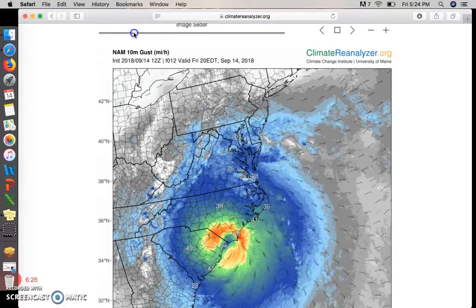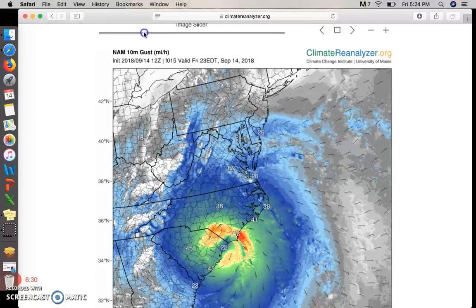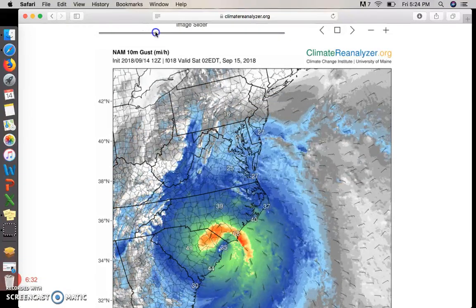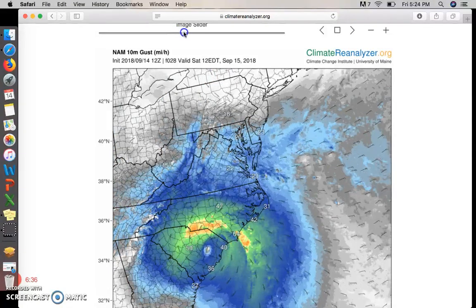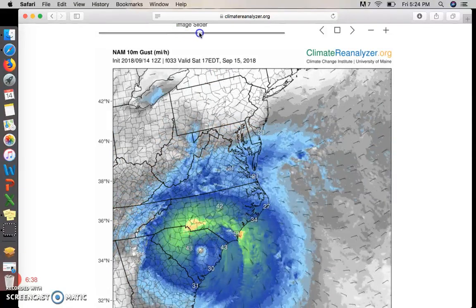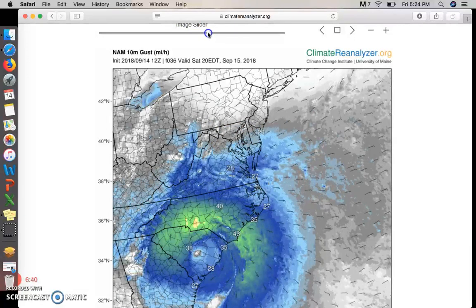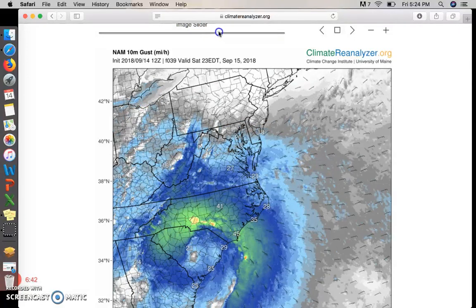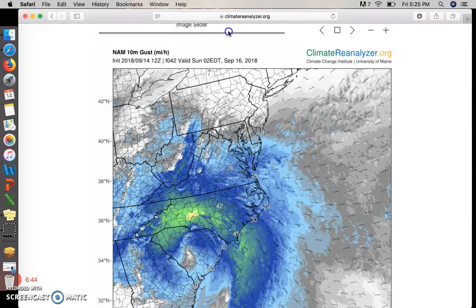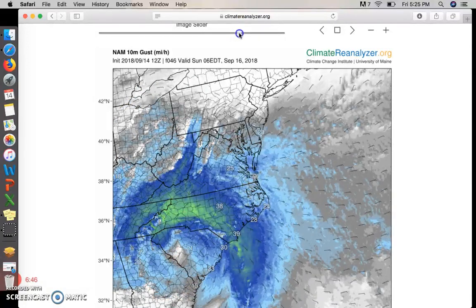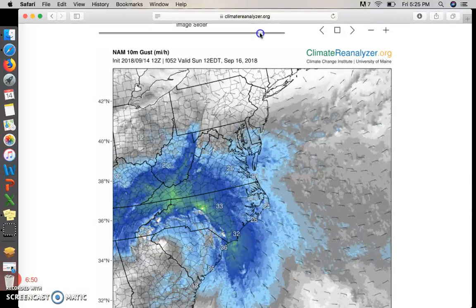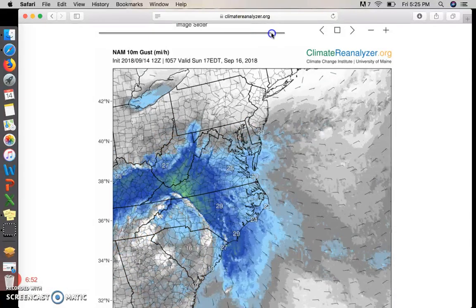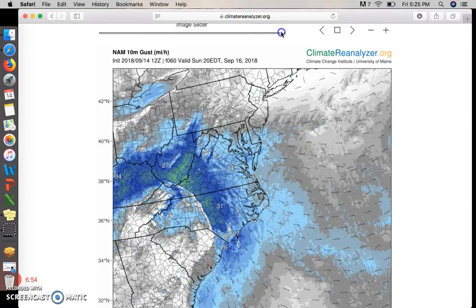And so we're into Saturday. You can see that Florence is kind of spinning out, and now we're into Sunday and what that's starting to look like for Virginia as it continues into